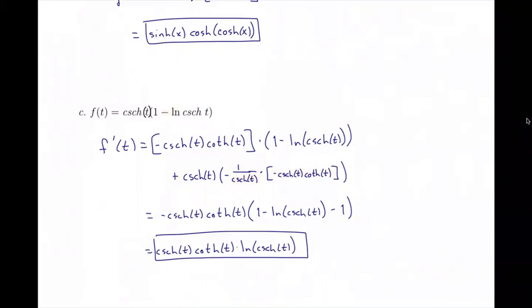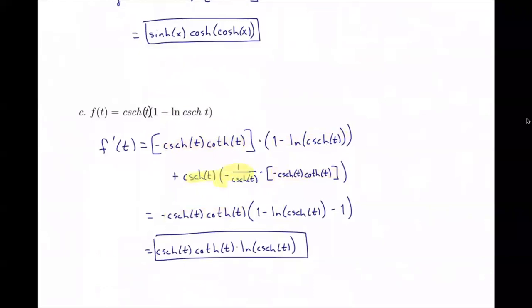So what I have, though, is a negative times a negative, so that'll be a positive. And both of these functions actually have this multiple. And really interestingly enough, I don't cancel these negatives yet. Both of these have a negative in front of them too. So what I'll do is I'll factor the two terms that are highlighted out of this expression, and I'll put all the rest of it together. Well, let me see how it looks. Here are these multiples factored out of the rest of the expression. So they're times the group 1 minus natural log hyperbolic cosecant t, and then